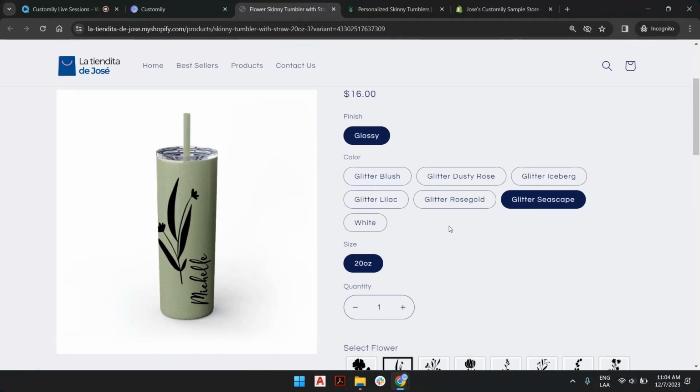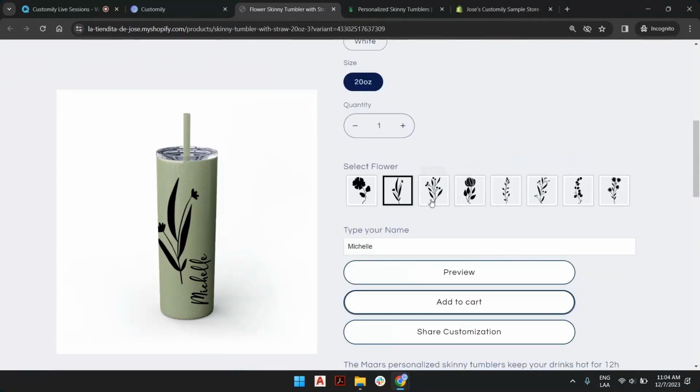Now the way this works is that Customily will load a template here and an option set here for the front end of your store and for each product. Within the app, you will have many tools to create these templates and these option sets. But that's not all. Apart from the live preview, Customily will take the personalization